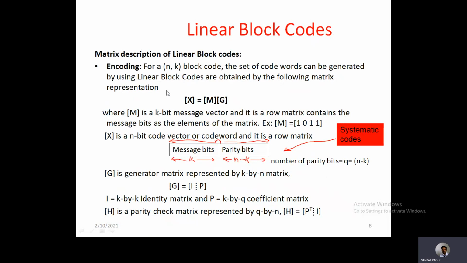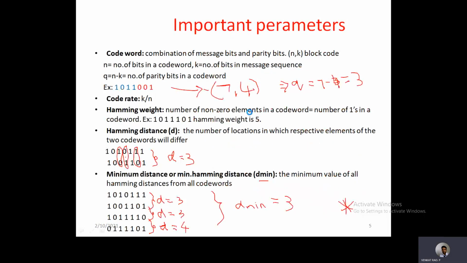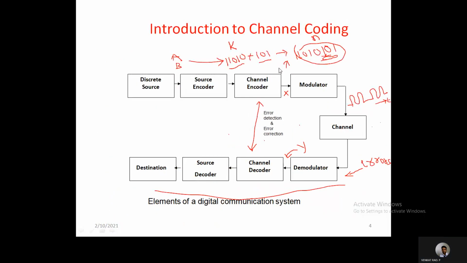Here the encoding procedure is very simple for linear block code. Encoding means, let us once again look at this introduction. Encoding in the channel coding technique by using linear block code is nothing but finding this particular code word, after adding the parity bits to the message bits. After adding the parity bits to the original message, this code word must be generated. The way of generating this code word will be different depending on the type of channel coding method. If it is the linear block code, obtaining this code word is different. If it is cyclic code, the way this code word is obtained is different.